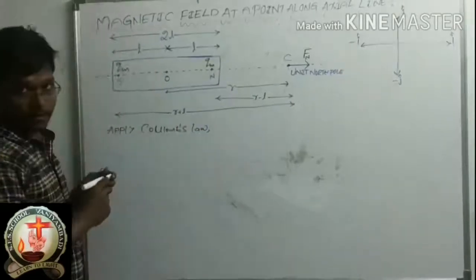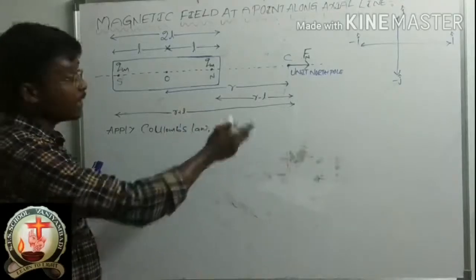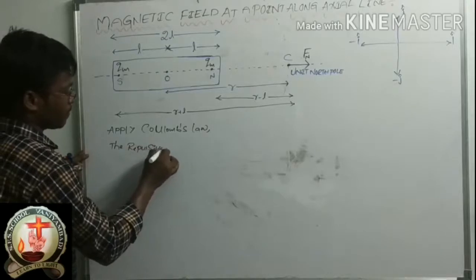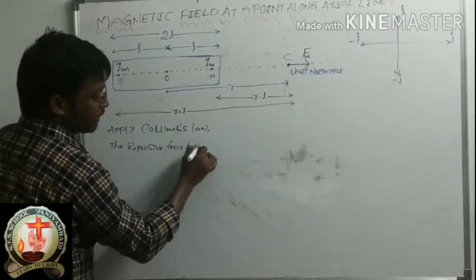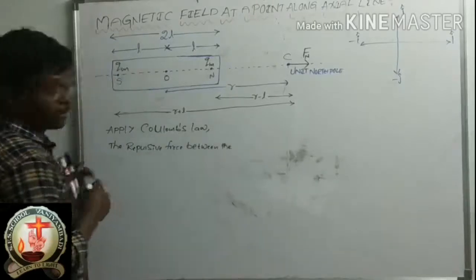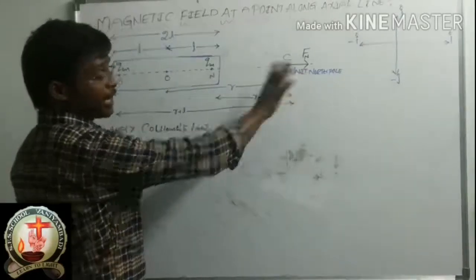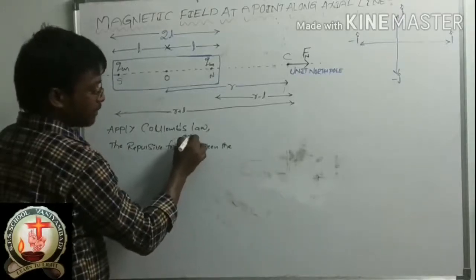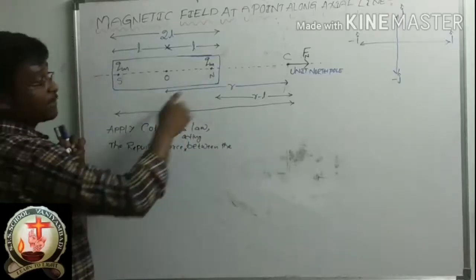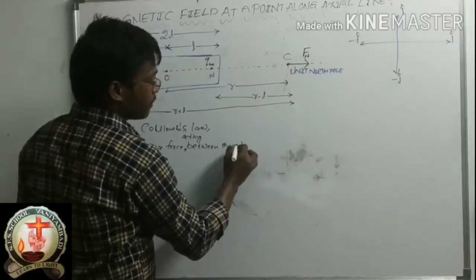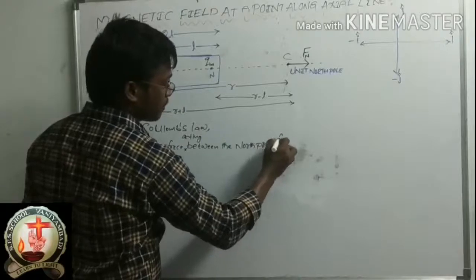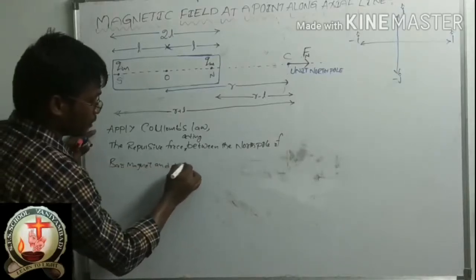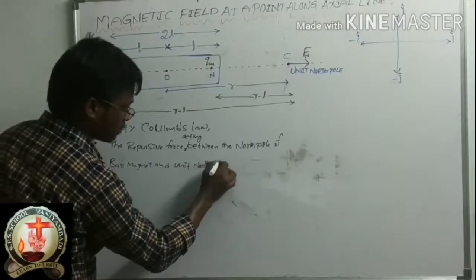Okay, and right here, the repulsive force acting between the north pole of the bar magnet and the unit north pole is,